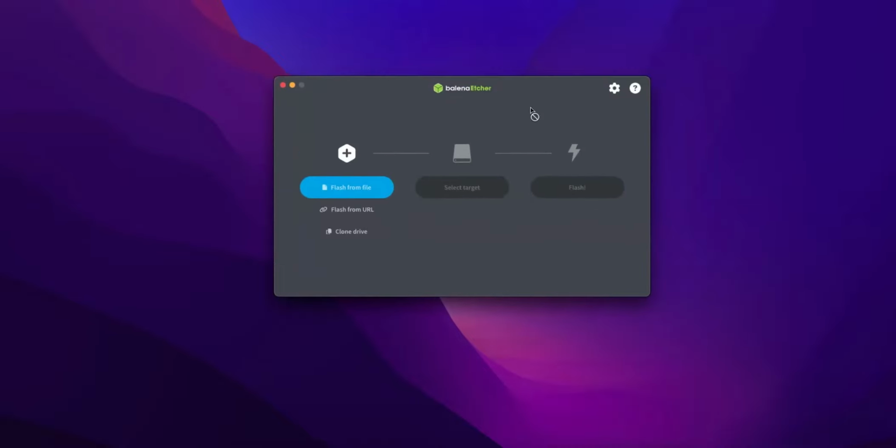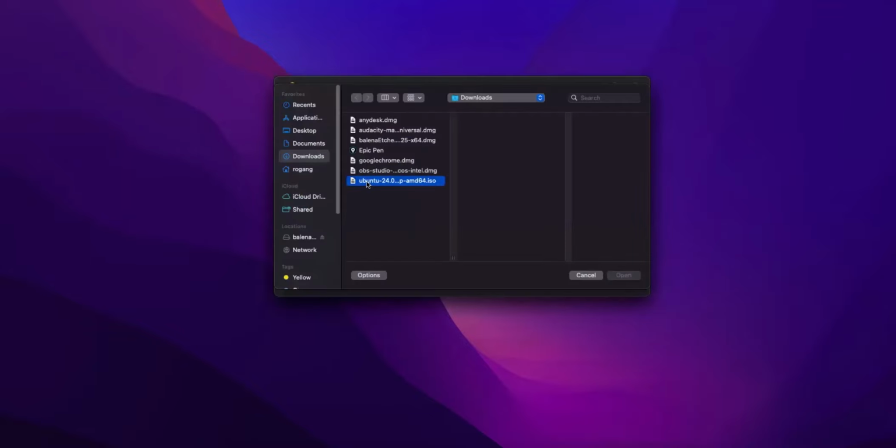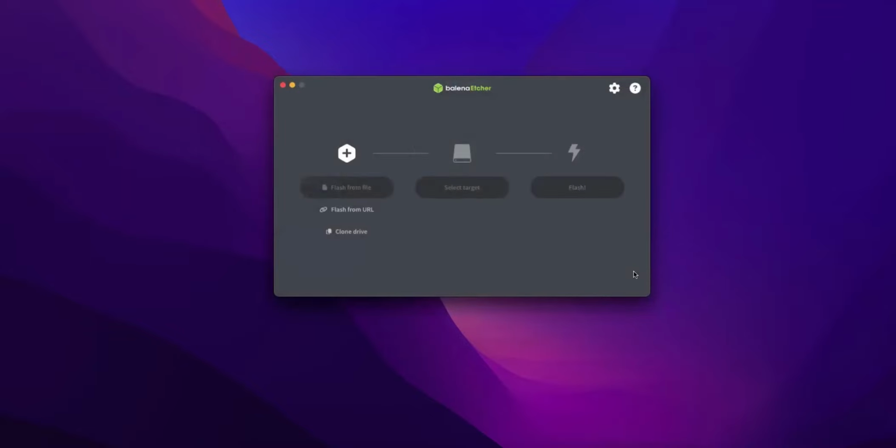As soon as you have completed everything, take the Etcher application, go into it, and flash the ISO image to a flash drive. Flash from file, select the appropriate Ubuntu ISO, open it, and you will see a few USB drives. Select the target and flash it. Once you have flashed the USB drive, hit the power button on the old MacBook